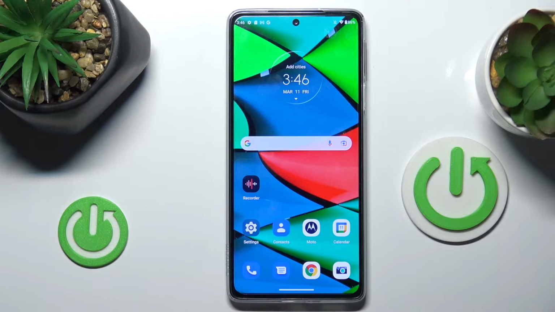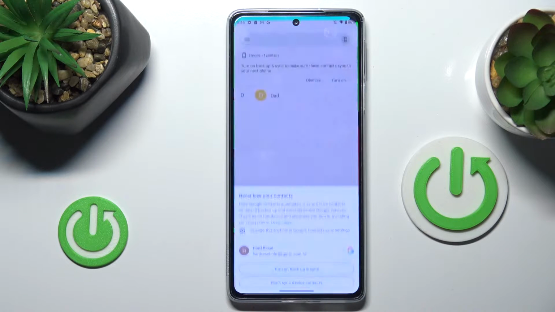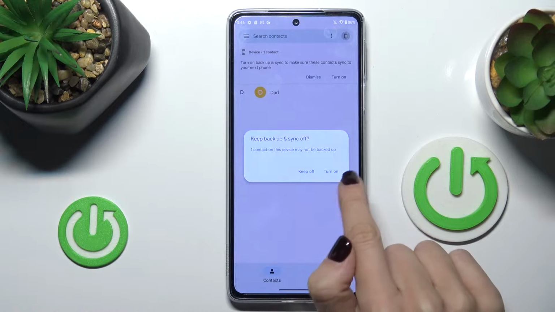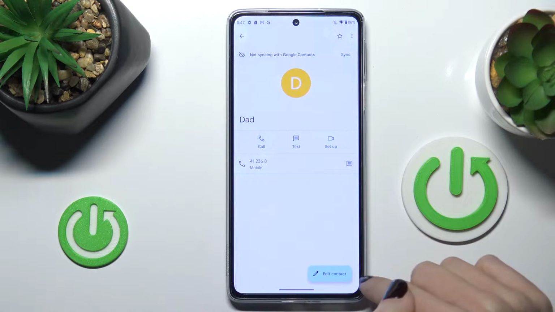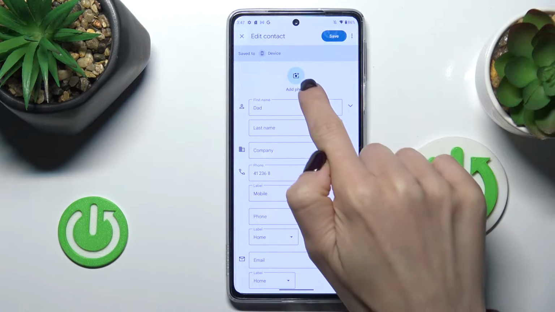In front of me is Motorola Edge 30 Pro, and let me show you how to add photo to contact on this device. So at first, just reach your contacts, then pick the contact that you would like to add this profile picture to, select edit, and now tap on add